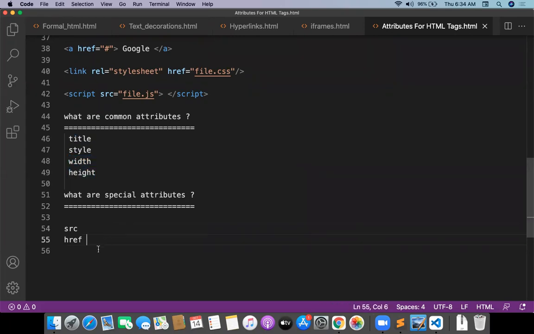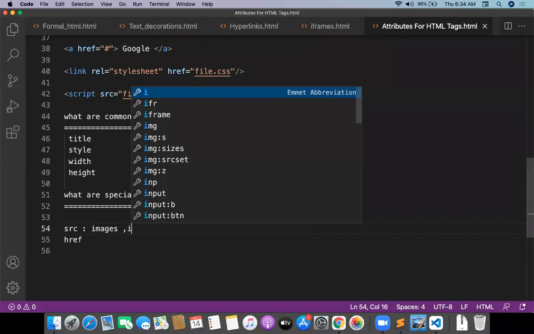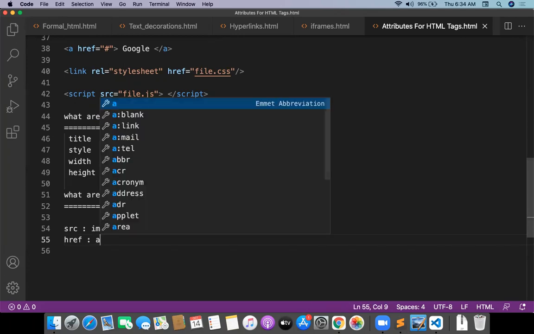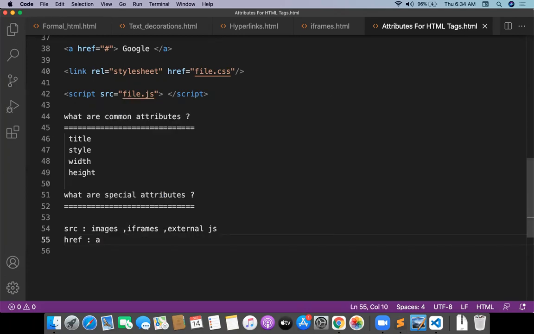Href is a special attribute. SRC for what? SRC for images, iframes, external JS. And href for what? Href for the A tag, anchor tag, and href for external CSS.